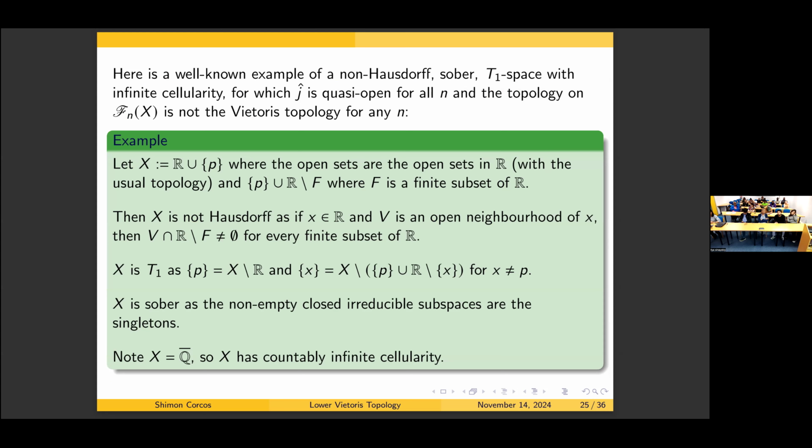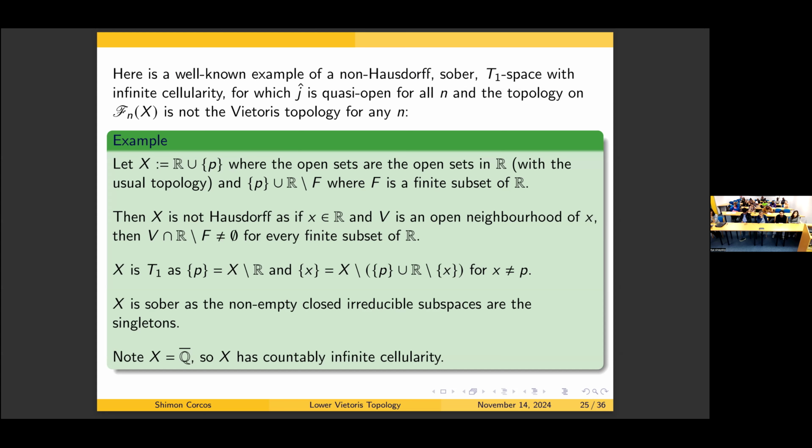So the example that I mentioned earlier where J hat is quasi-open had finite cellularity. Here is an example where J hat is quasi-open, X is not Hausdorff, and has infinite cellularity. And this example is a well-known one of a sober T1 space which is not